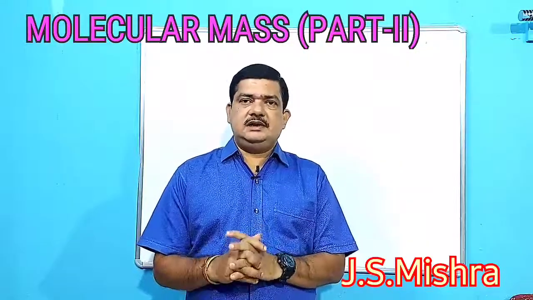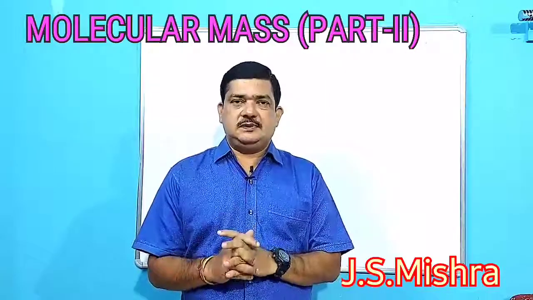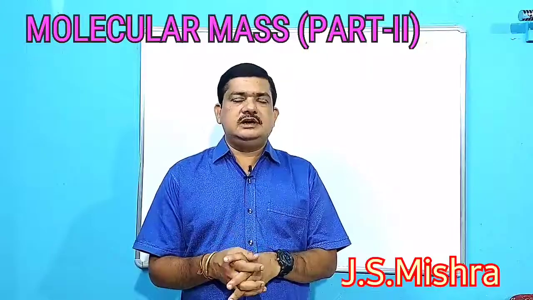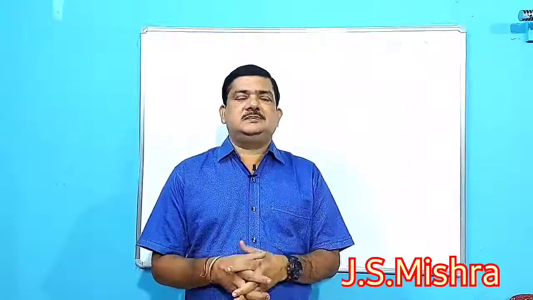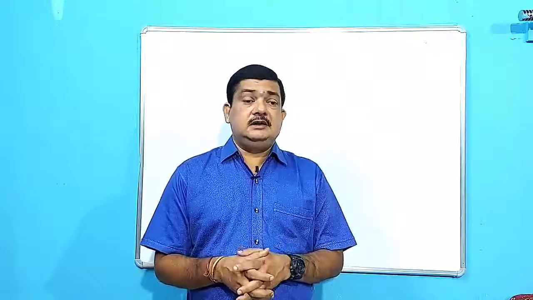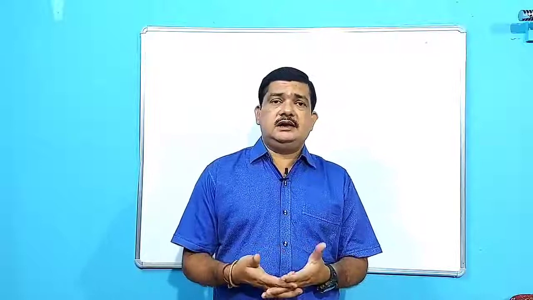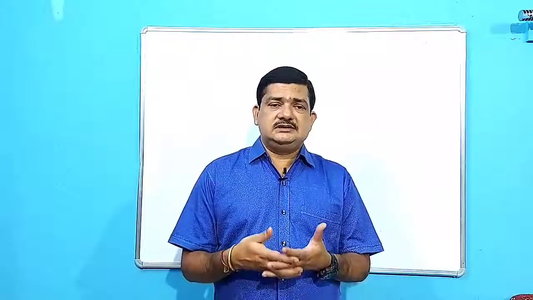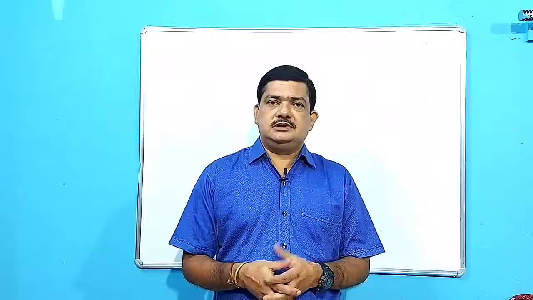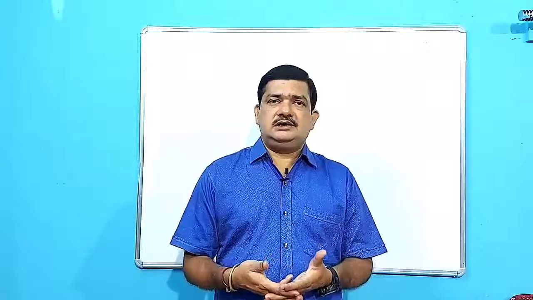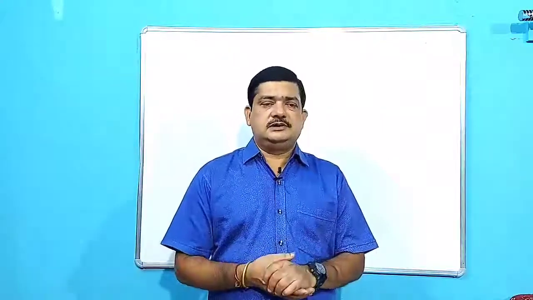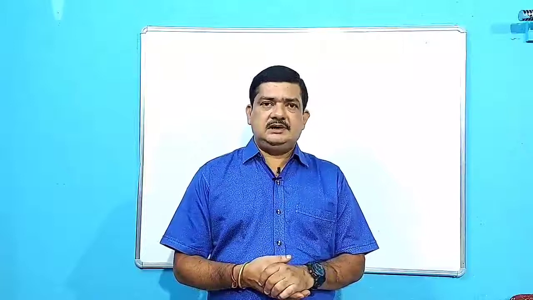So once again I am telling, molecular mass is the mass of a molecule as compared to 1/12 of C12 atom. So why are we using 1/12 of C12 atom? Because we are expressing the unit in terms of unified mass U or Daltons. Okay. Then how to find out? Now as I showed you in the last class, simply you have to add up the atomic mass of all constituent atoms. That's why we call it molecular mass, because it contains different atoms in different proportions. So molecular mass can easily be calculated.